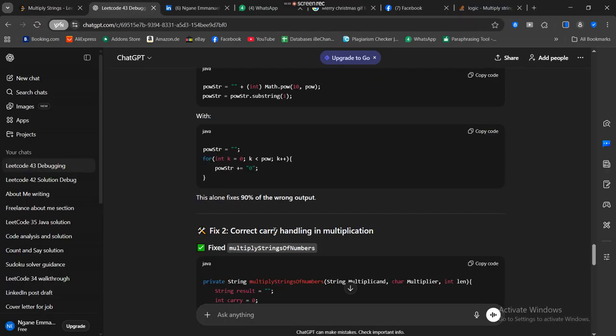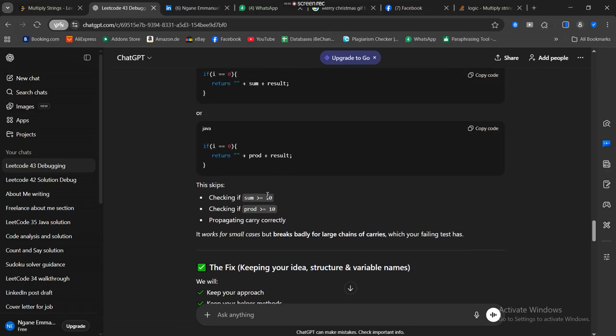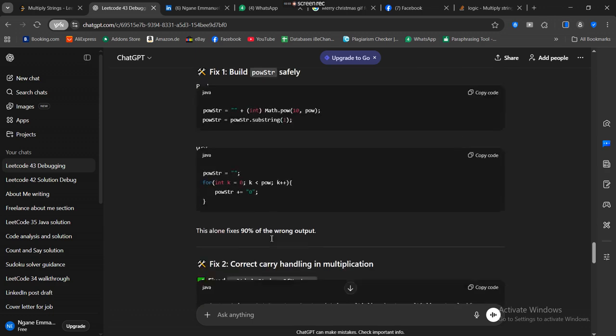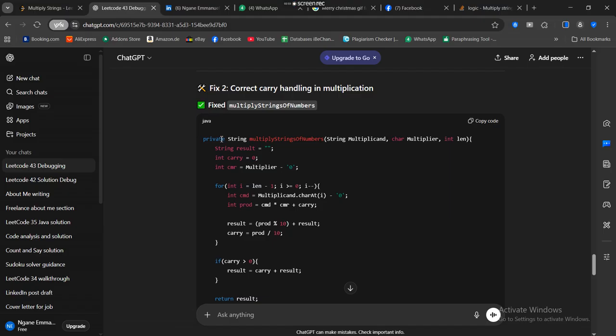So we're going to ask GPT. As you can see, it gave us this other section about skipping stuff, and I don't think that we do that at all, right? So it gave us a solution here, and it also gave us a solution somewhere in here. I think if we apply this one,